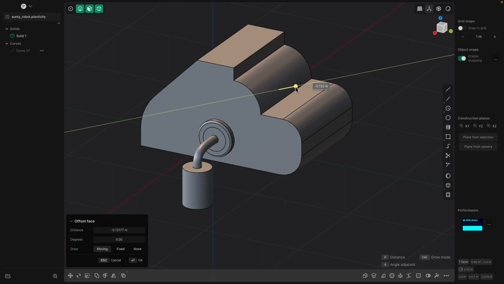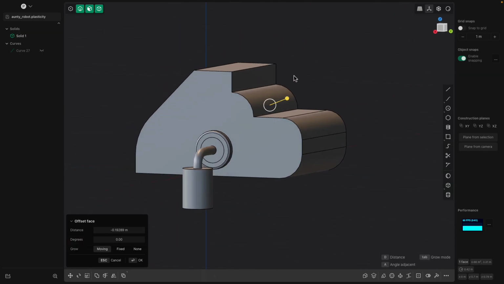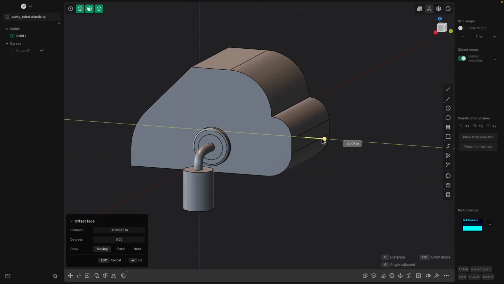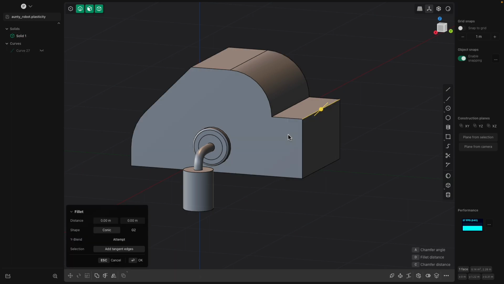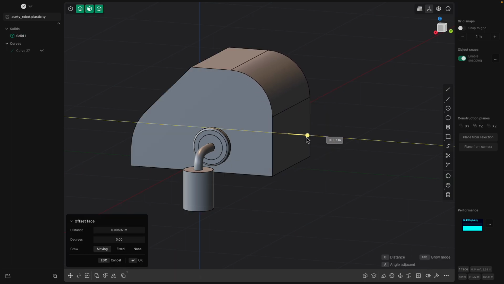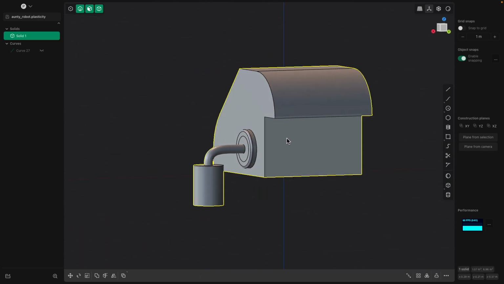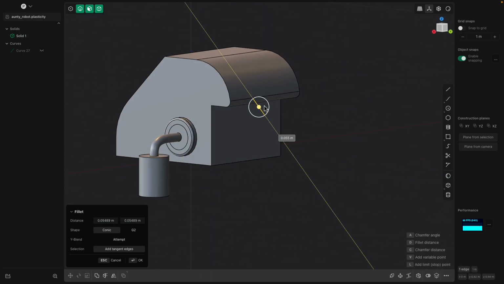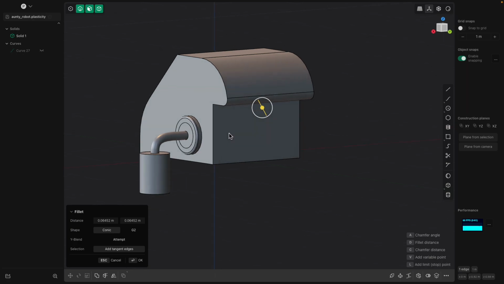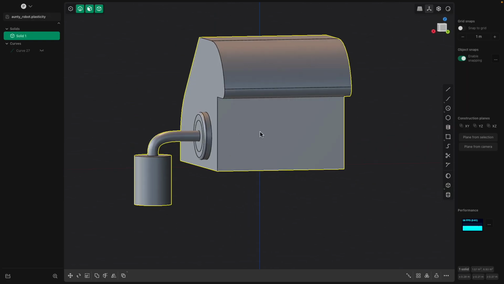Let's just create something here at the back. Push it. Yeah, let's say the auntie has big hair like this, and we want to also make a pipe behind her,